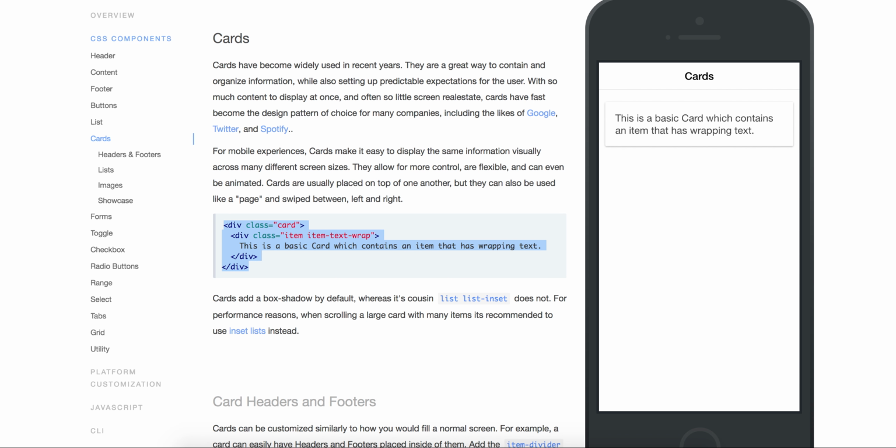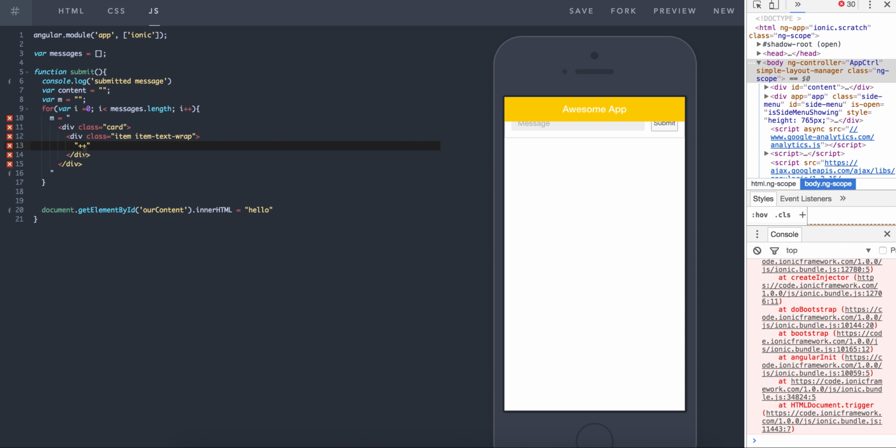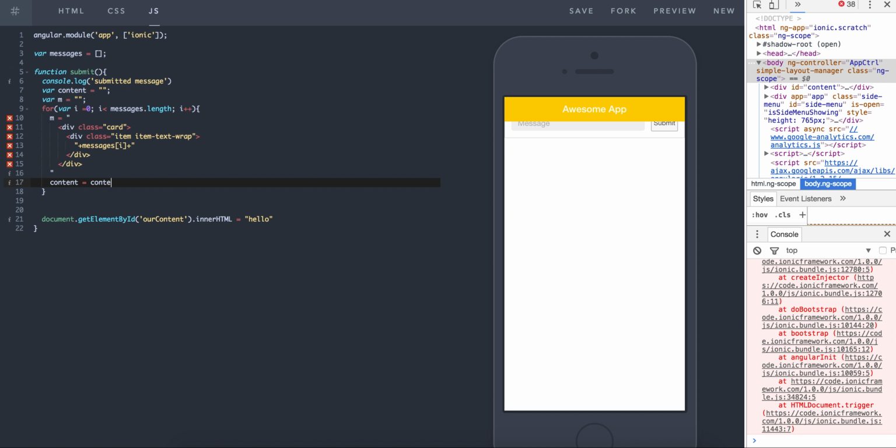This is a basic card. We want our own message in there, so quotes and then pluses, and in here we're going to put in the message. So we want to say messages, which is our array, in the box because we want to target a certain part of the array, and then put i in there because we're looping through using i in the for loop. Then we're simply going to say content is equal to content plus the message. So we want to take that content and add some more stuff in there. Now all we have to do is replace this hello with content,